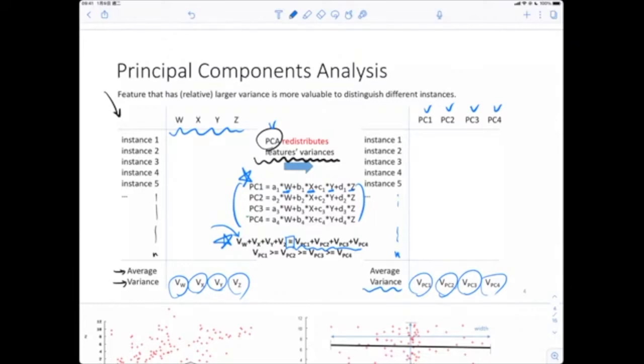Okay, there's a very important thing about PCA, which means when we do the data rotation, the space rotation, we make a request. So make sure you understand that. That is our request. That means could we find an algorithm to help us find such a rotation, such new axes, so that the variance of the first new axis, which is PC1, VPC1, is larger than the second axis and third and fourth.